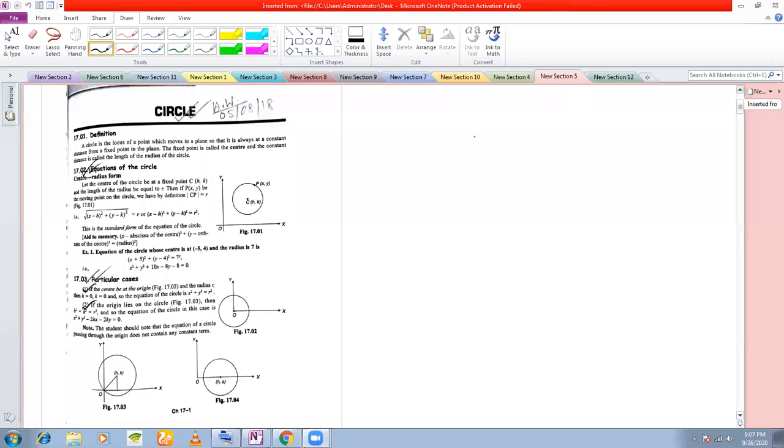What is a circle? The locus of a point which moves such that it is always equidistant from a fixed point, or the locus of a point such that it is always at a constant distance from a fixed point, is called a circle. The constant distance is called the radius, and the fixed point is called the center. So let us say,